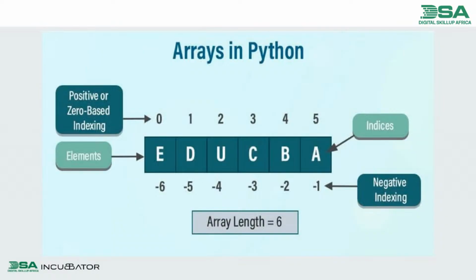Then how do you know the length of an array? I told you, when you're counting in computing or in machine learning or in AI, we don't start counting from 1 unless it's a negative. So you're counting positive, you start with 0, 1, 2, 3, 4, 5. So when we ask what is the length of this array, this 0 stands as 1, this is 2, 3, 4, 5, 6. So the length of our array is 6.